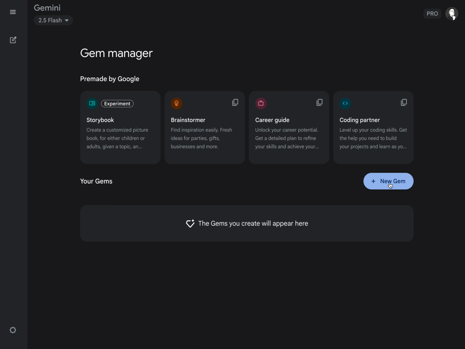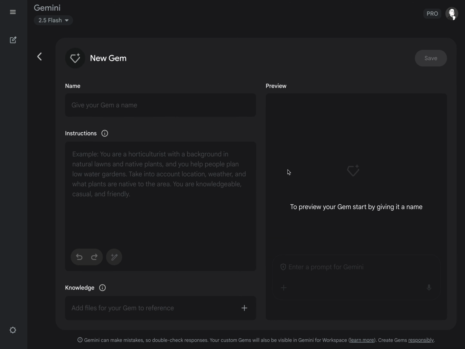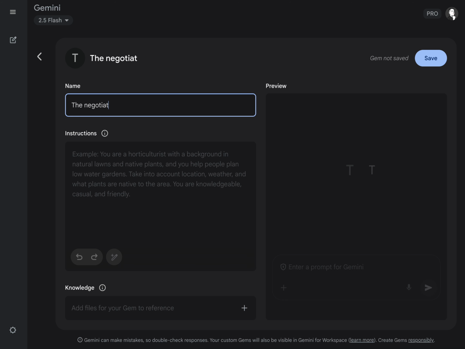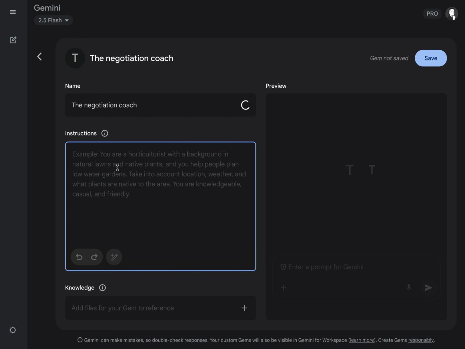So in this case, very simply, I'm gonna create a new gem, and this is how it looks. So we're gonna give it a name. We're gonna call this the negotiation coach, for example. In the instruction here, we're gonna give it a very specific prompt that I already built, and I will share it in the comments below,